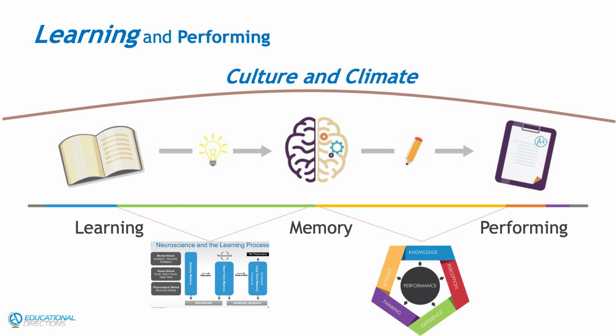So here's one more look, with a little more detail, at what our learning process and performing process look like. Throughout the school year, we first start with the culture and climate, making sure that we've provided the environment to learn. Next, we're going to look at student as learner, working backwards from the student work that's happening to define what our lesson plans are going to look like, to make sure that students make meaning in a way that they pack things into long-term retrievable memory.